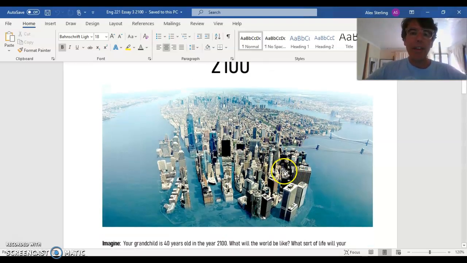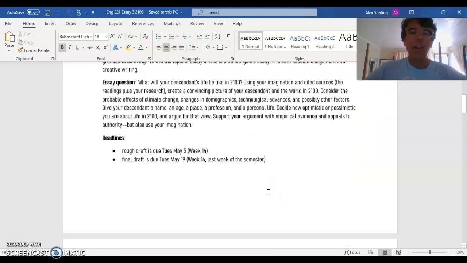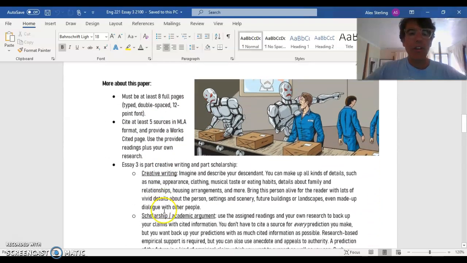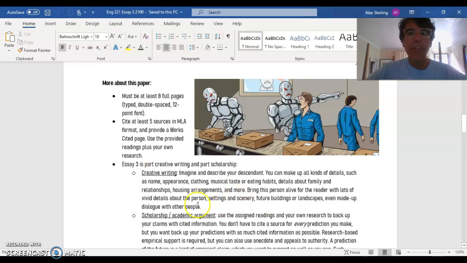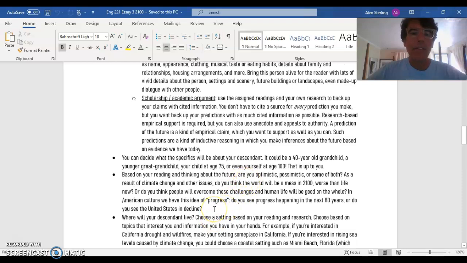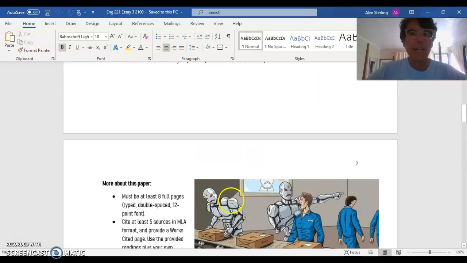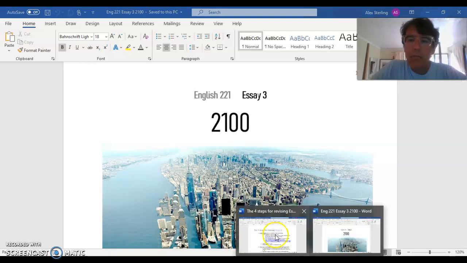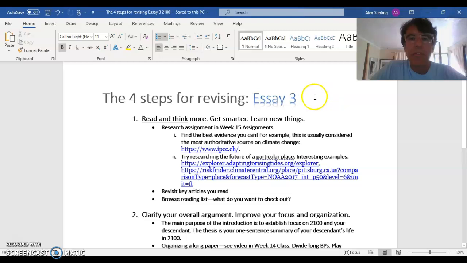A reminder that you should reread all of this as part of your revising and make sure that you've thought about all these things. Think about what you want to ask me about in office hour or in your conference. And as I said, the rough drafts that I read look really good, and I feel really positive about everybody's progress on this essay. What I'm going to show you now is the usual 4 steps for revising handout